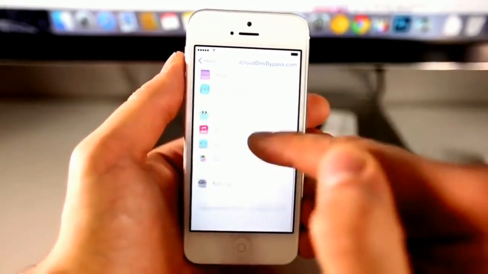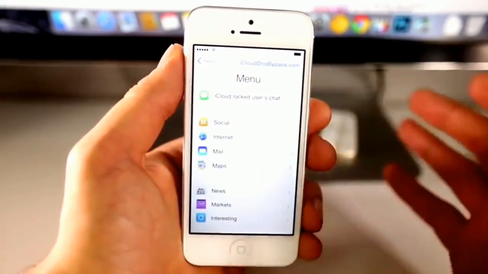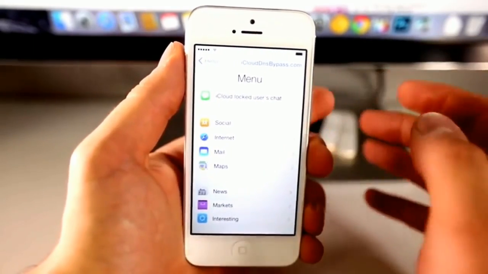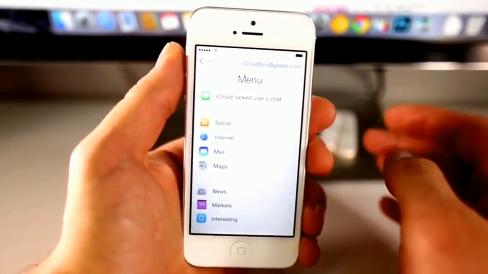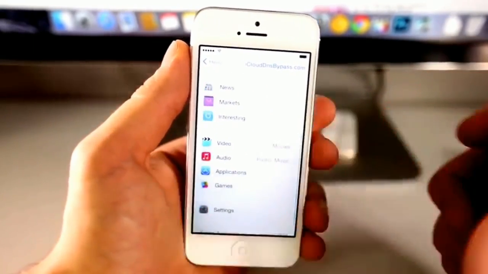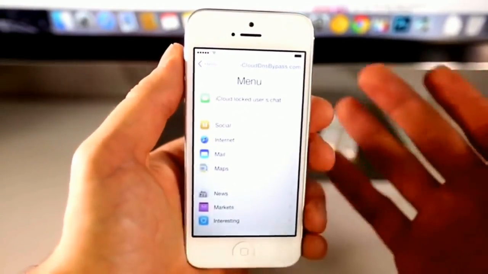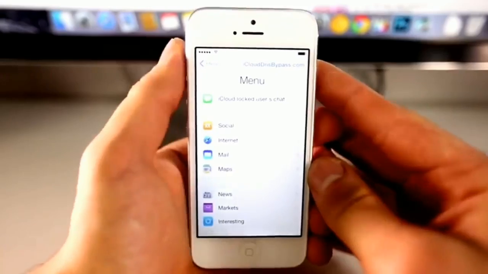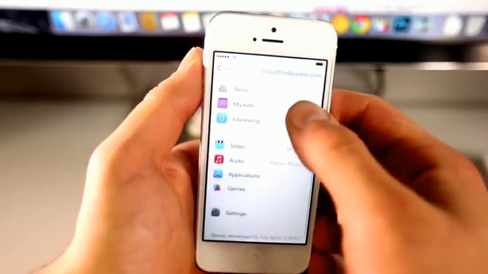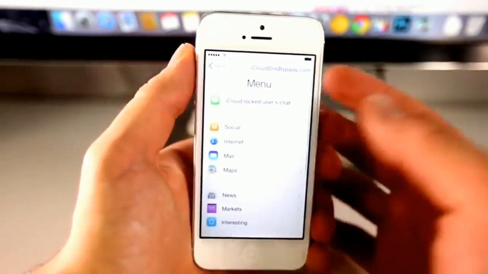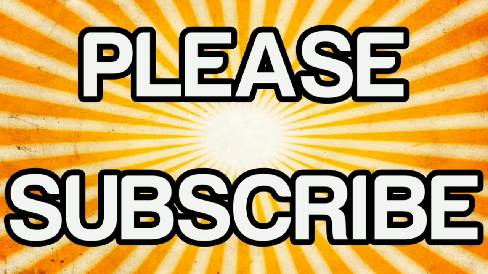Now, worst case scenario, if you guys bought the phone, it's still stuck on this, you can't contact the original owner, the least I can help you guys with is allowing you to use your phone somewhat. So using that method, you guys can still go in here, play games, watch videos, listen to music, browse the internet, still do stuff on the phone, even use maps. There's a lot of things you can do in here, even though you're still stuck on activation lock. So if at any point during the future this video no longer works,